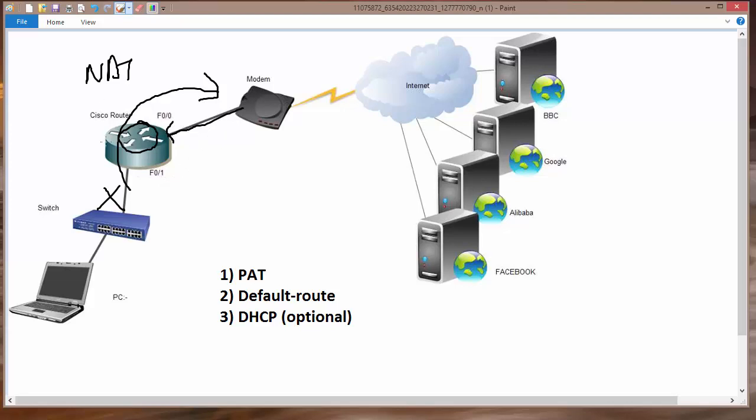So that's why we also need to enable NAT on your Cisco router, as well as have a default route towards the DSL router in order to get internet connectivity. DHCP is optional. You can enable DHCP on the Cisco router so that your internal devices like a PC, hub, or some other device can get TCP/IP settings automatically. In my case, this is the topology, so the same topology I'm going to use.